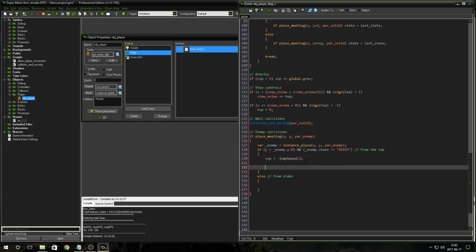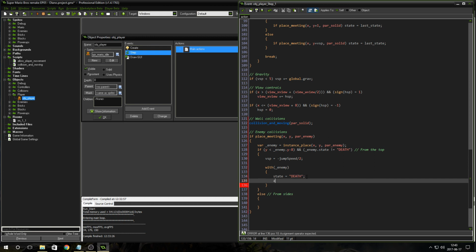Now that we got the jumping part, we also want to make sure that the enemy dies. So with enemy, we want to change the state to be equal to death. Like so. And we also want to set an alarm. We're going to set alarm 0 to be equal to room speed